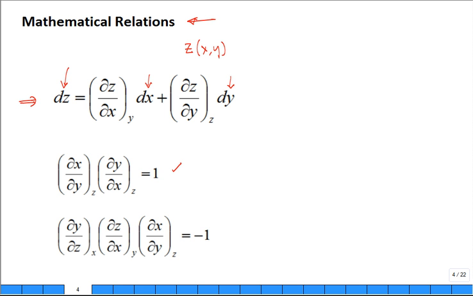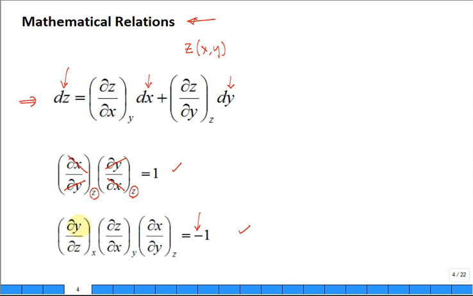What about this relationship? It's called the reciprocity relationship. How does x change with respect to y holding z constant? Multiply that by how y changes with respect to x holding z constant, and it'll always be equal to 1. This is the cyclic relationship. This one throws students for a loop because they think, that shouldn't be a minus sign. Because they just saw this one, they say, oh yeah, cancel the dx's, cancel the dy's. Of course, it's 1. But look at this one.